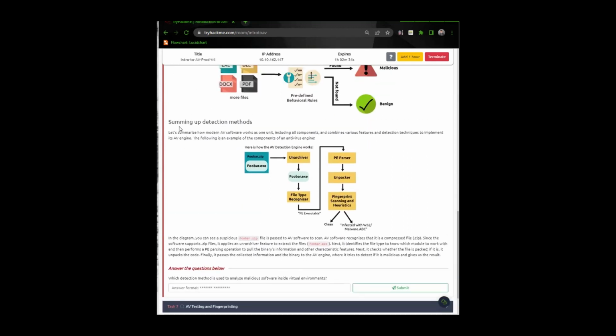All right, summing up detection methods. Let's summarize how modern AV software works as one unit, including all the components, and combines various features and detection techniques to implement its AV engine. The following is an example of components of antivirus engines. Here is how the antivirus